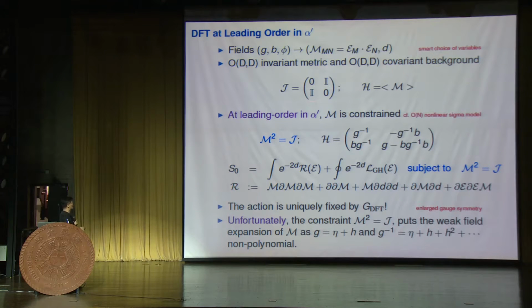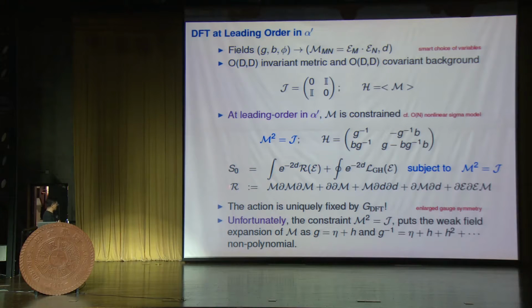This is like a flat Minkowski metric, and there is the dynamical weak field, and its expectation value is denoted curly H. That's usual, for example, in toroidal compactification: a metric, the B field, and its inverse. The one constraint on this field, with a small fluctuating part, is that its square has to be 1, the flat space metric. And this condition, along with this enlarged gauge symmetry, uniquely fixes the action, and the action takes this form,